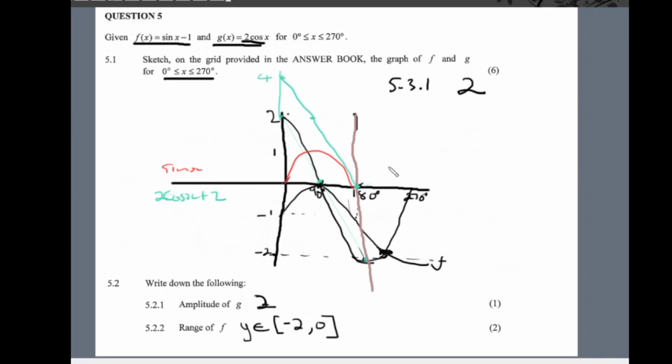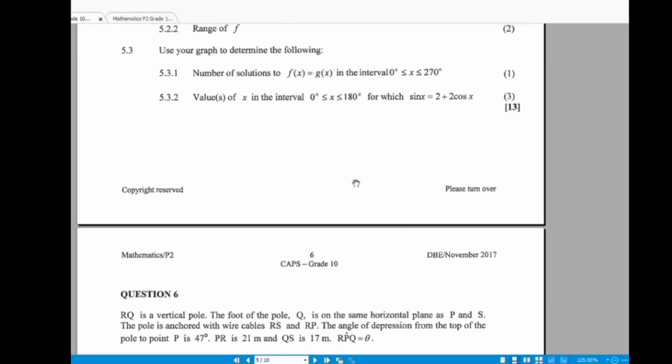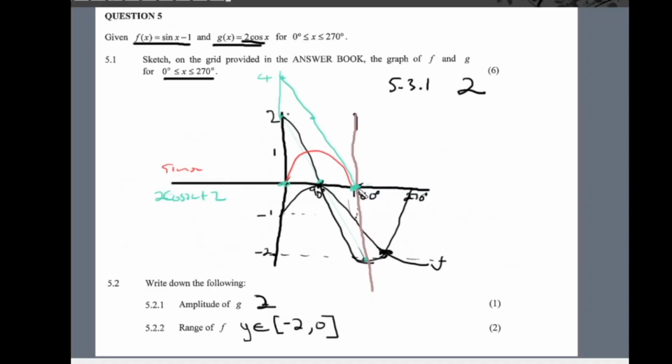And then now in this region, x between 0 and 180, they want us to write down the values of x for which these two graphs are equal, right? Notice the graphs are equal when x equals 180. So therefore, for 5.3.2 our solution will be x equals 180 degrees, right? So